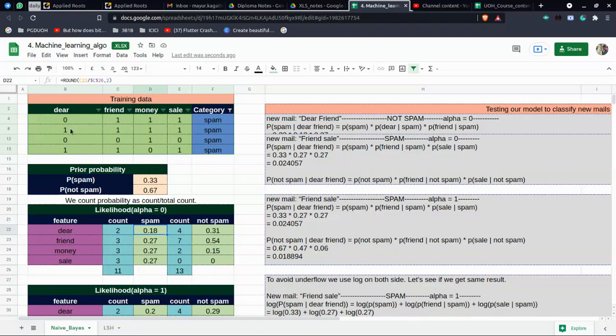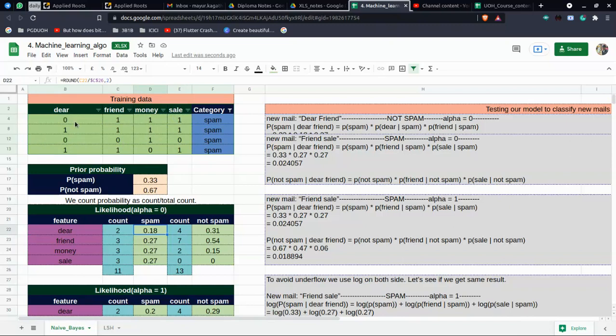No, I cannot say 2 by 4, because this is word data. This likelihood calculation changes from problem to problem, because this is NLP data. The correct approach to find the probability is how many times you found dear divided by the total number of words in the corpus. So how many words do I have? 1 1 1 1 1 1 1, it's nothing but 11. So 2 by 11 is my likelihood, not 2 by 4.